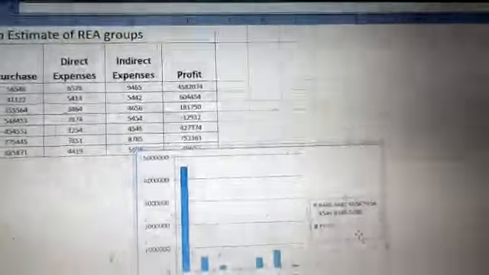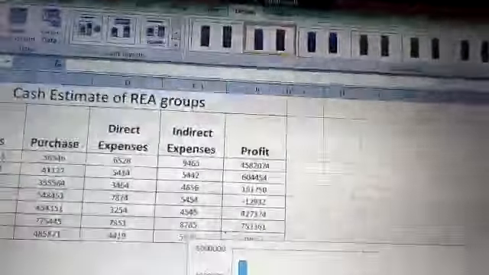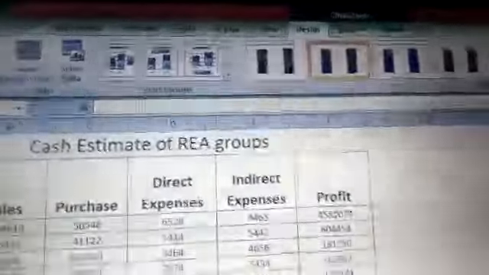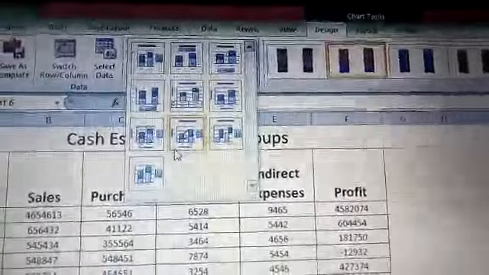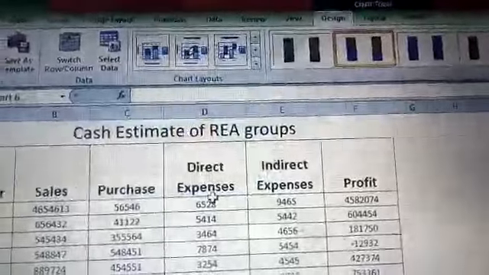And we can change the design and alignments through the x-axis, y-axis and tables. We can select this also to show what is what.